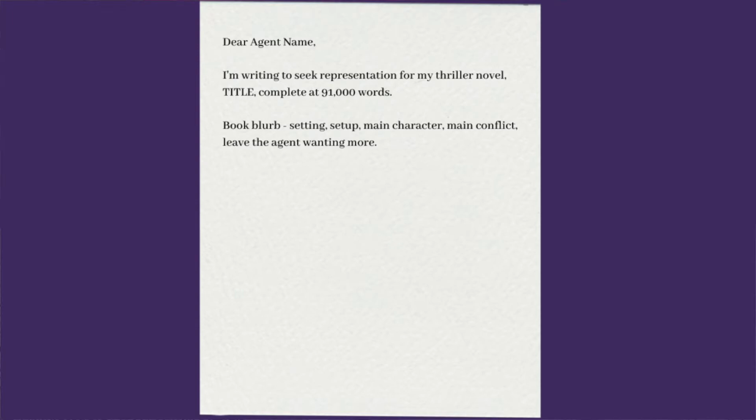So this next section is really the most important one, and it's all about your book. Usually this is about 2 paragraphs long in which you talk about the setting of the book, the setup or the premise, the main character, and the main conflict of the book, or why this agent would want to read this book. When I look at this section of my query letter, I think of it as a back cover of a book. If you look at a back cover of any book, usually it has this setup and it's supposed to pull you in and make you want to open that book, and in this case you want the agent to open up your sample pages and read more.